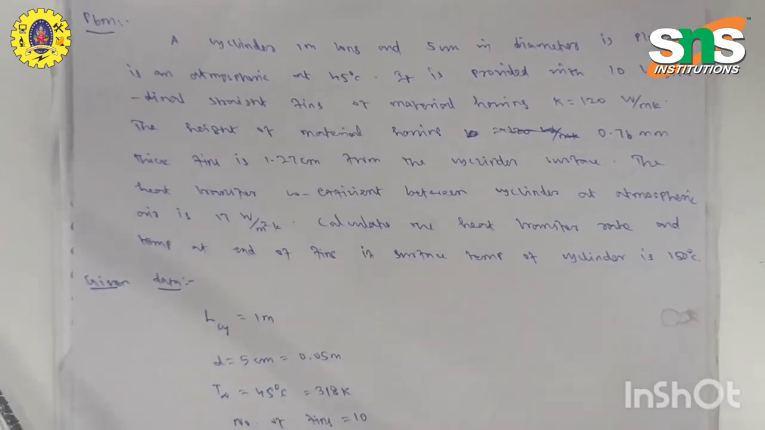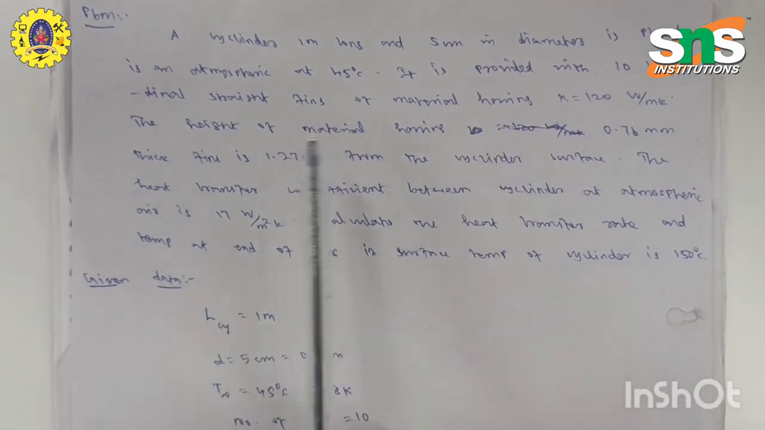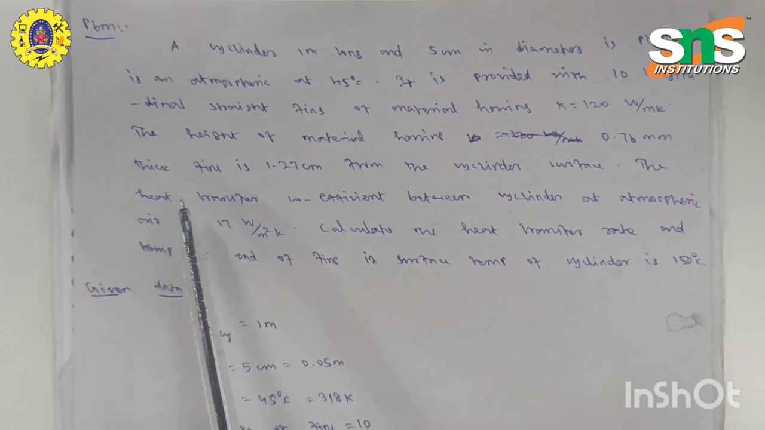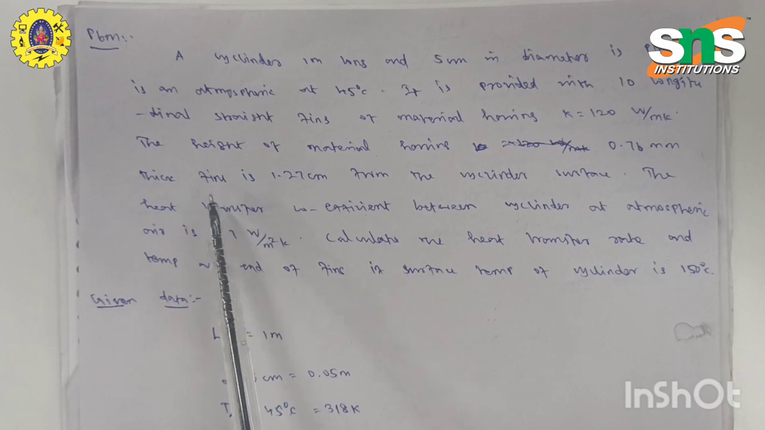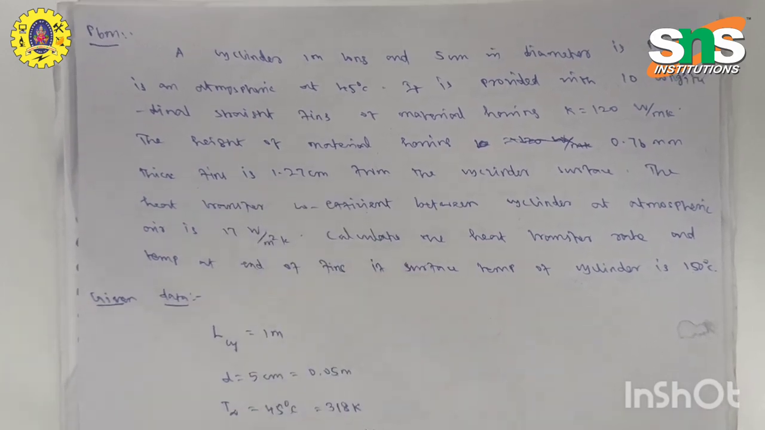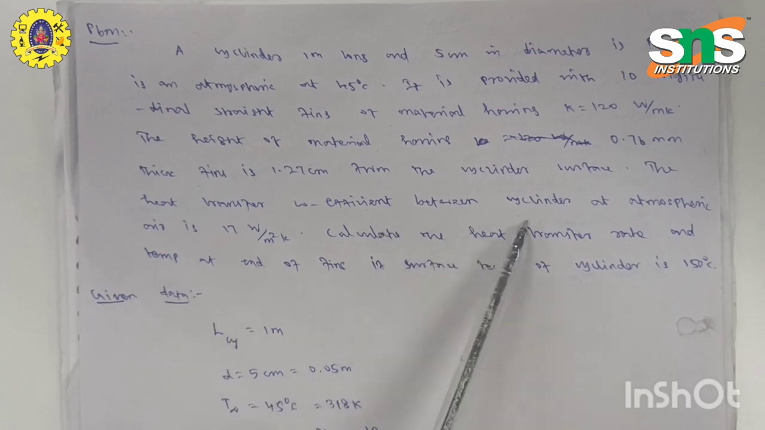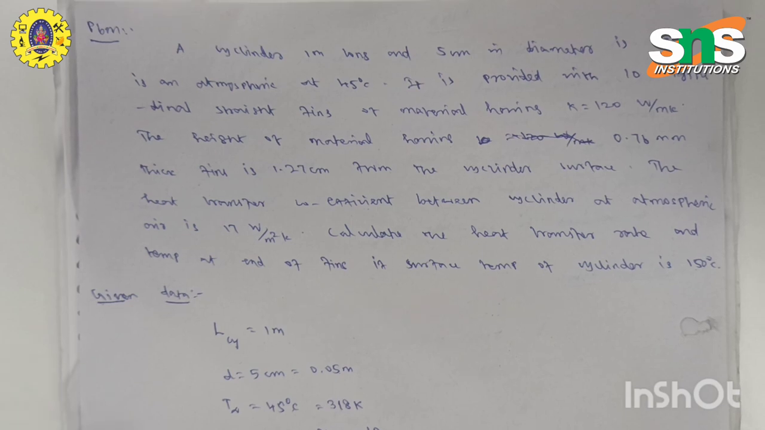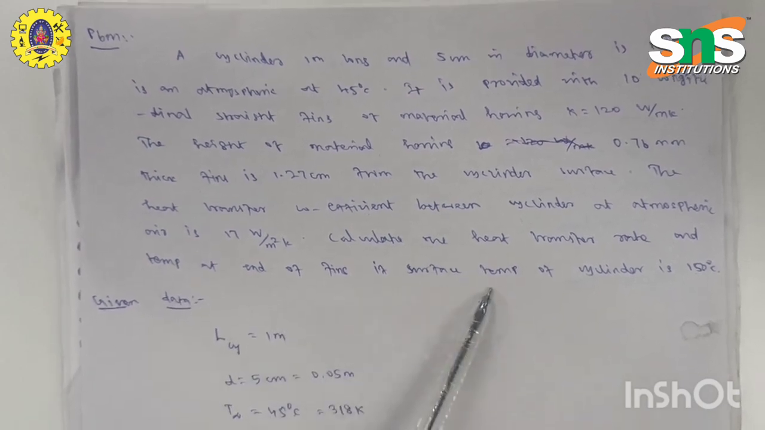at 45 degrees Celsius. It is provided with 10 longitudinal straight fins of material having 120 watt per meter Kelvin, and the height of the fin is 0.76 mm and the thickness of the fin is 1.27 centimeter from the cylinder surface. The heat transfer coefficient between the cylinder and atmospheric air is 17 watt per meter squared Kelvin. Calculate the heat transfer rate and temperature at the end of the fins if the surface temperature of the cylinder